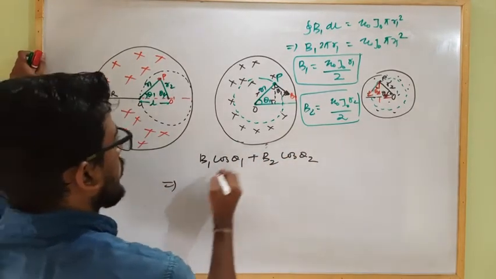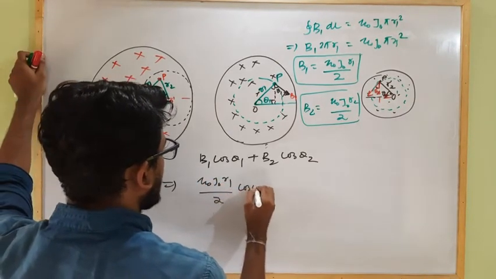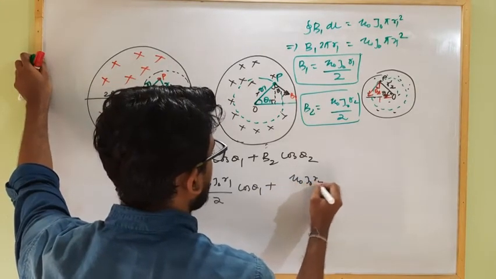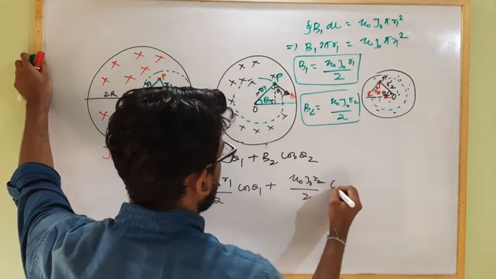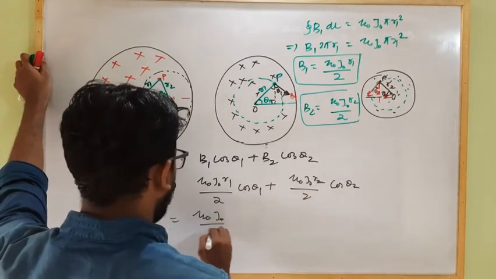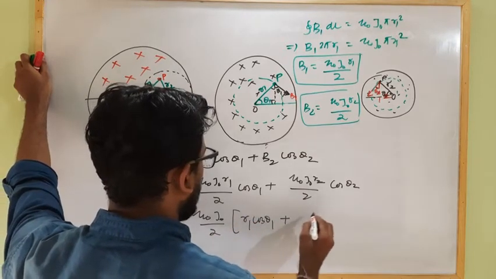This implies B1 will be mu naught J naught R1 by 2 cos theta 1 plus B2 will be mu naught J naught R2 by 2 cos theta 2. Taking mu naught J naught by 2 common, it will become R1 cos theta 1 plus